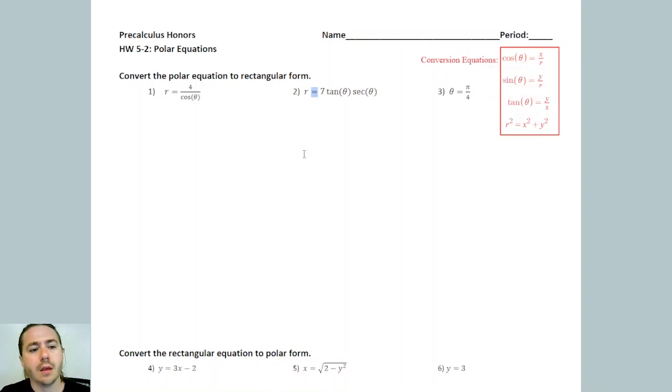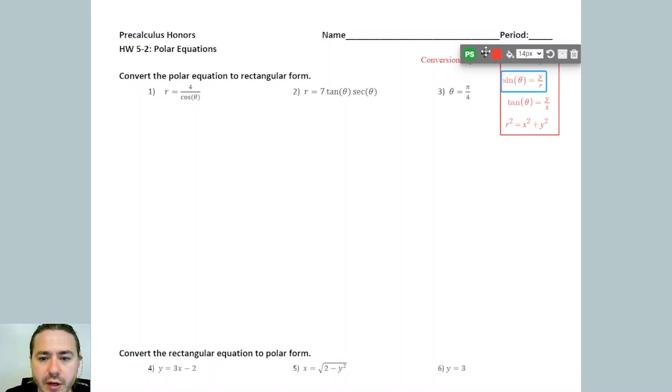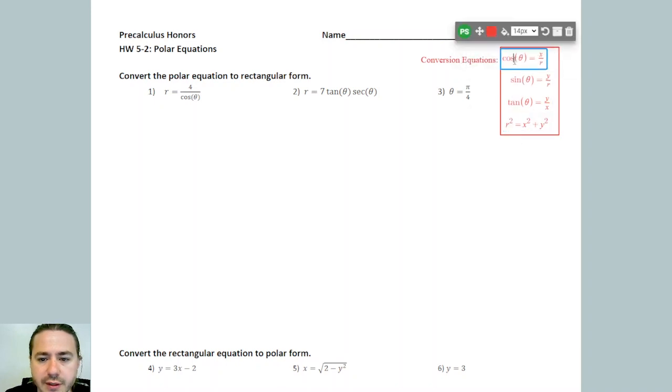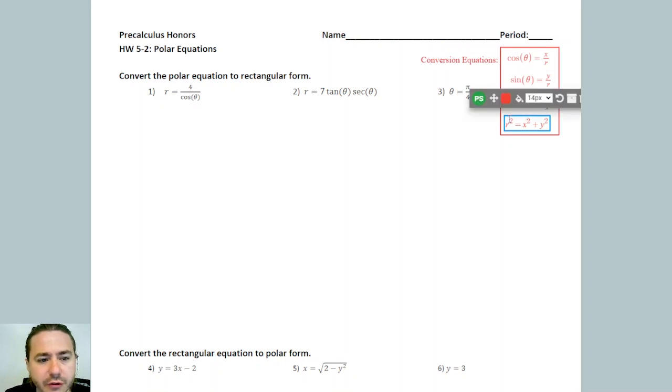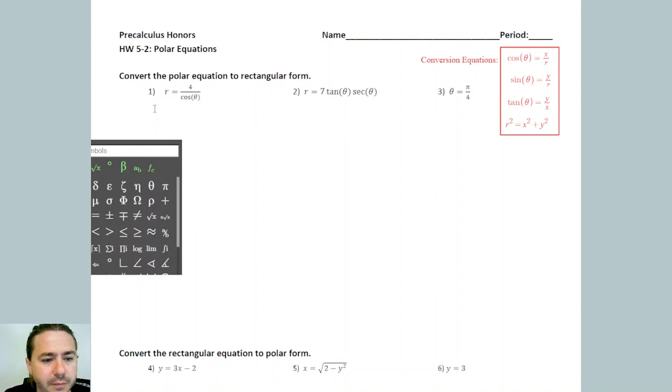Okay. So looking at number one, what we want to try to do is maneuver our equations around so that we can use these conversion equations to get it into rectangular form. So notice in this case, I've got r equals 4 over cosine theta. So I've got r and cosine theta. If I'm looking at these equations, it looks like this is going to be the one I want to use. So for instance, if I multiply both sides by r, I get r cosine theta